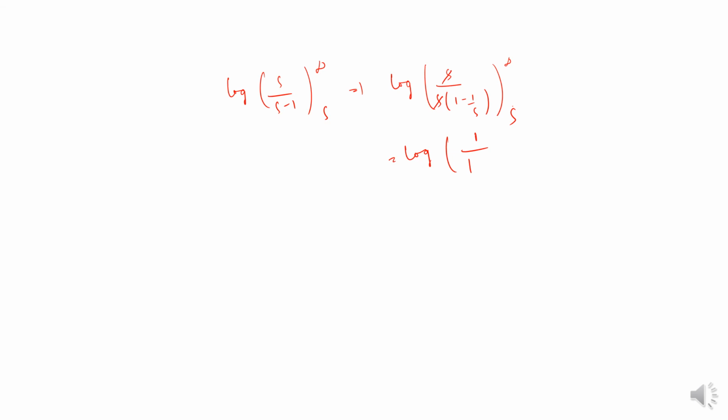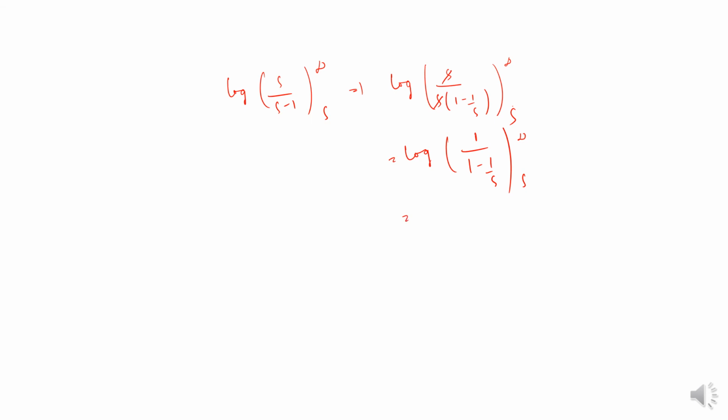Now what we were doing was basically log of s by s minus 1, from s to infinity. So how do I put the limits? We'll have to do some modification. I can take s common, so it becomes log of s by s times (1 minus 1 by s). Like this I can write, right? The s cancels, so what I basically have is log of 1 by (1 minus 1 by s), from s to infinity. Now if you put the limits,